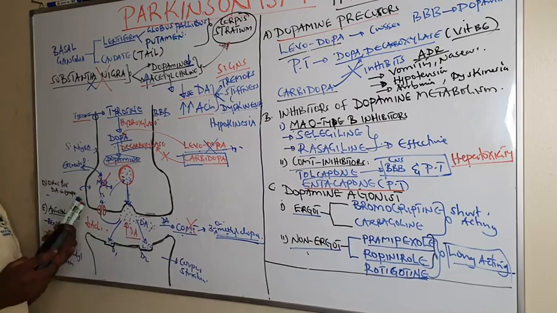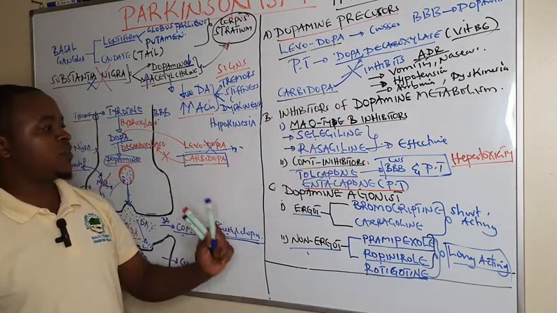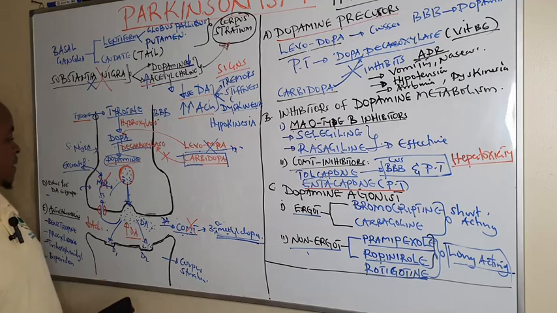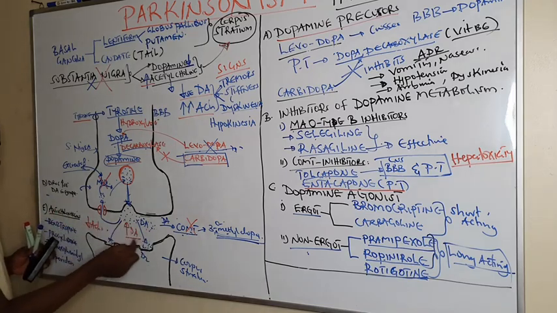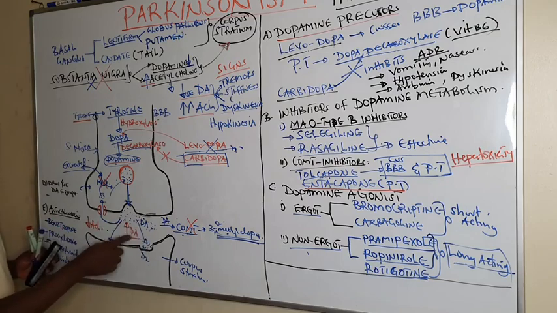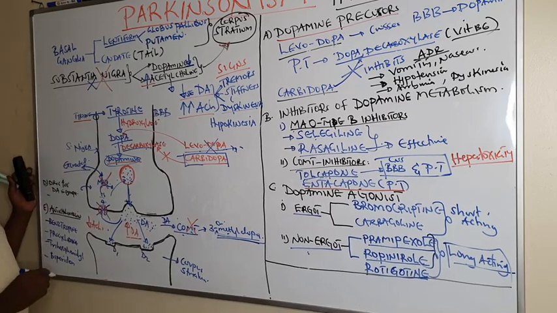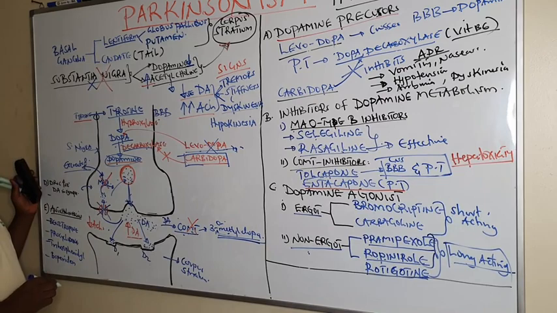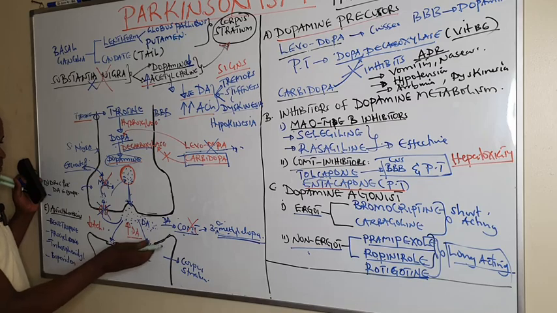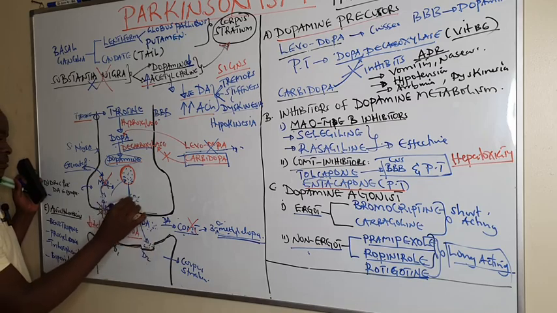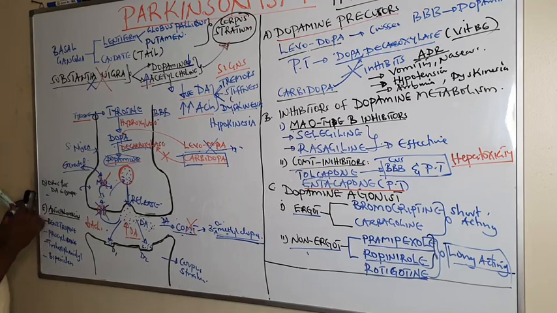We said apart from producing dopamine, apart from inhibiting metabolism, apart from giving dopamine agonist, we can also make sure that the little which is produced in the cleft can be maintained by stopping reuptake, or by increasing them to act on the receptor, and also by increasing release. And the drugs which are used in this case,